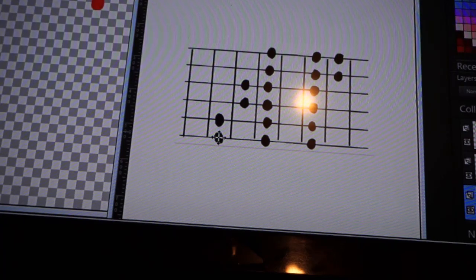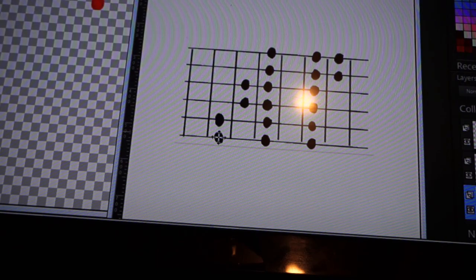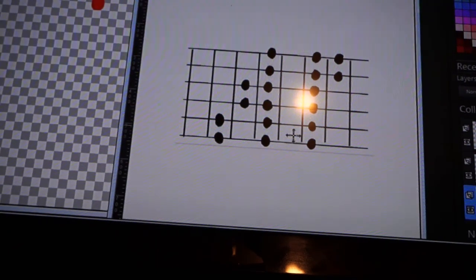Now you can put that shape or that scale or 7 scale in all 12 keys. It's not going to change. And neither are the triad stacks. They're not going to change. So let's look at